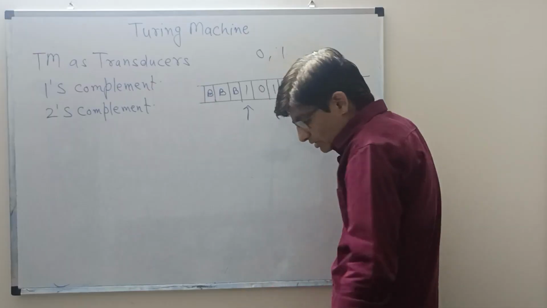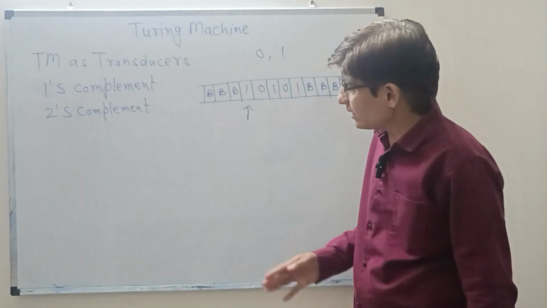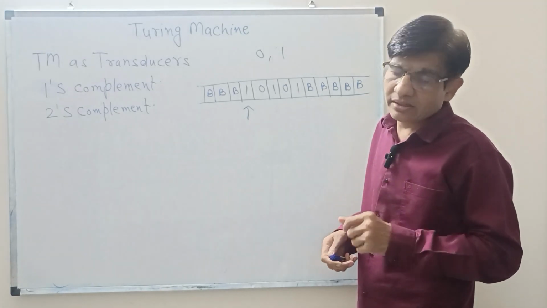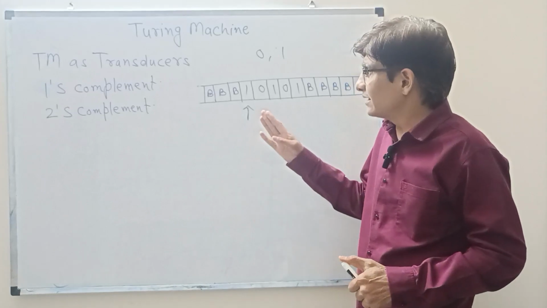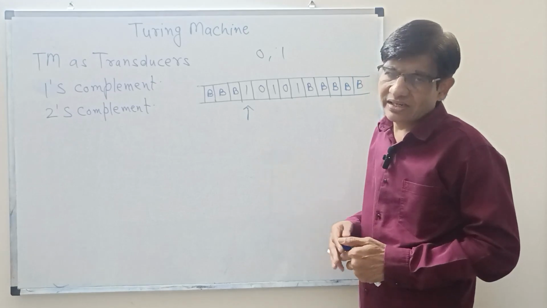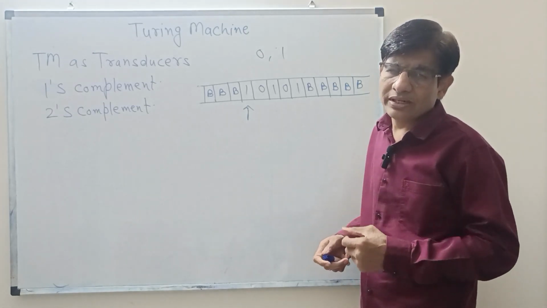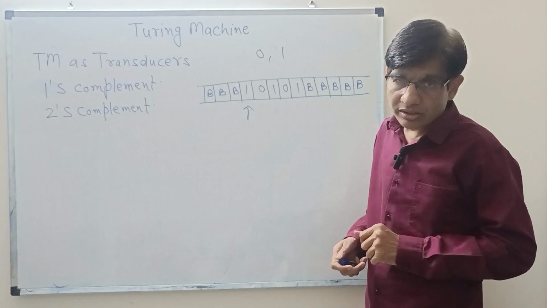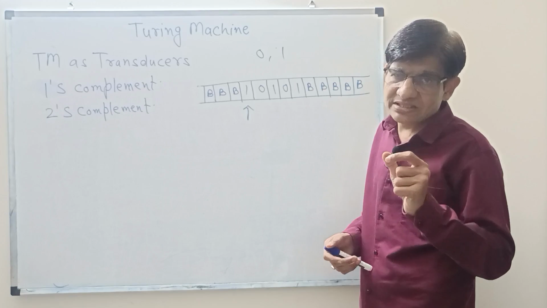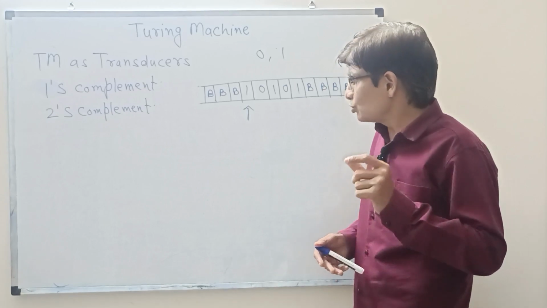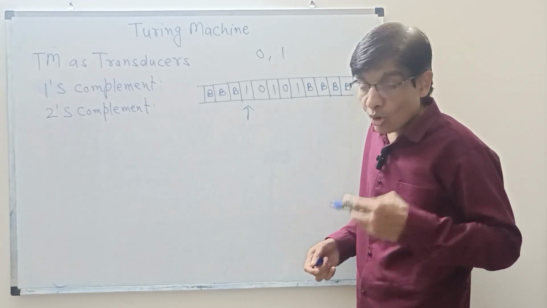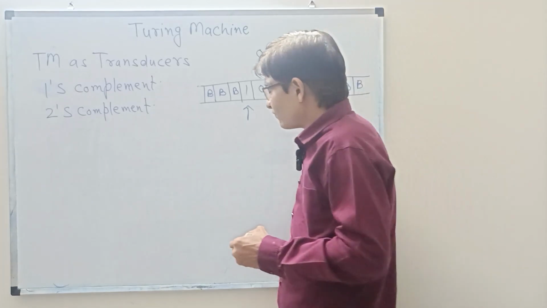Now in some cases, friends, when a Turing machine works as a transducer, there will be no final state, as it is not accepting or rejecting any kind of input. If there is no final state, then when will the Turing machine halt? For such cases, you can create one special state. You can mention one special state there, which is to halt the Turing machine. So for example,